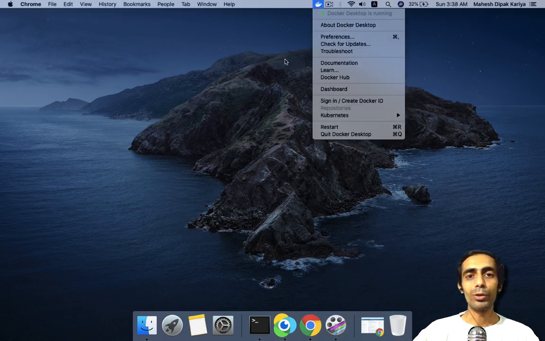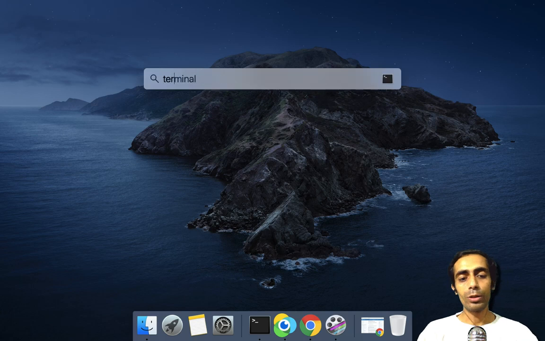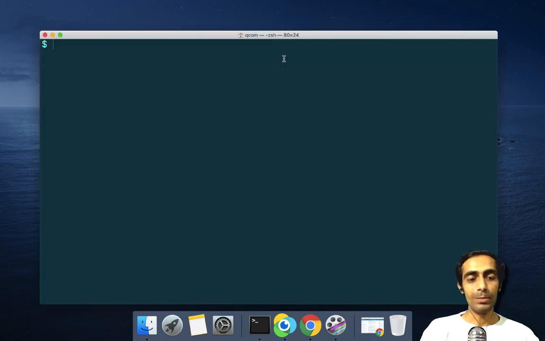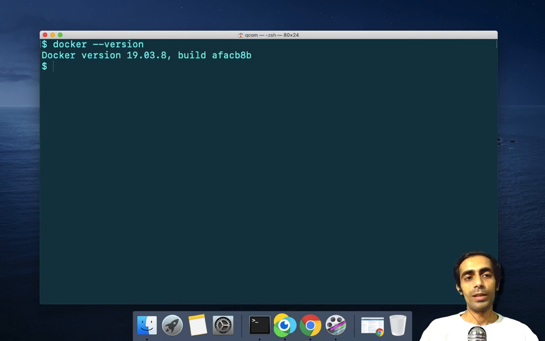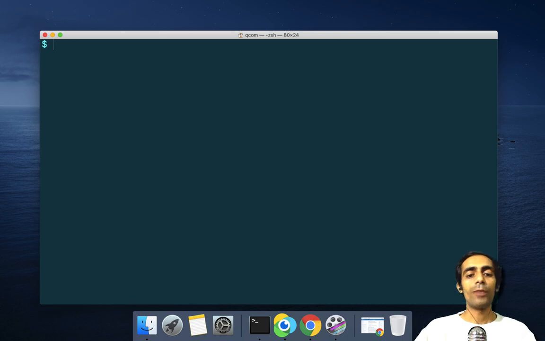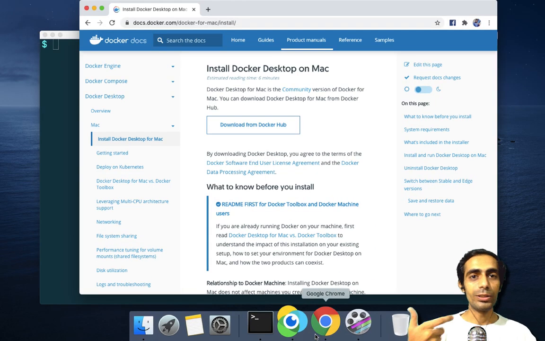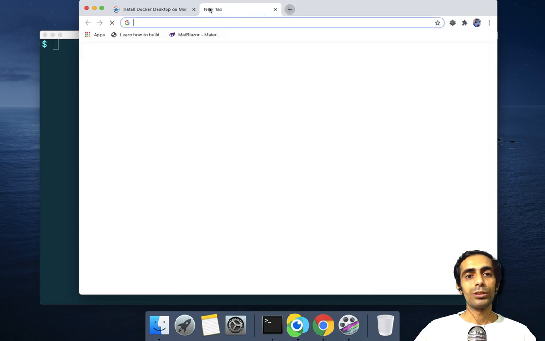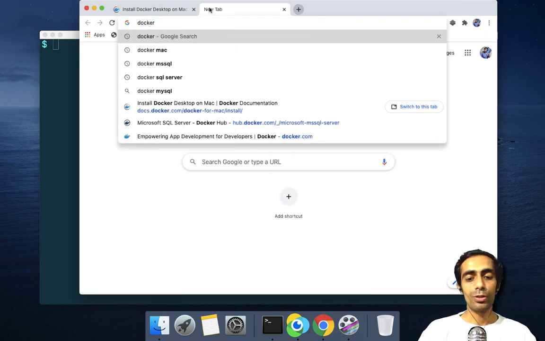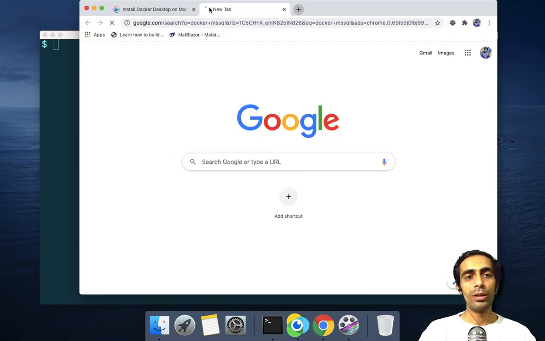I already have it. After that, open your terminal or command prompt and simply type docker --version and you'll get your current Docker version over here. That's it for now. After that, we need the image of MSSQL, so search for Docker image of MSSQL and you will get this link,